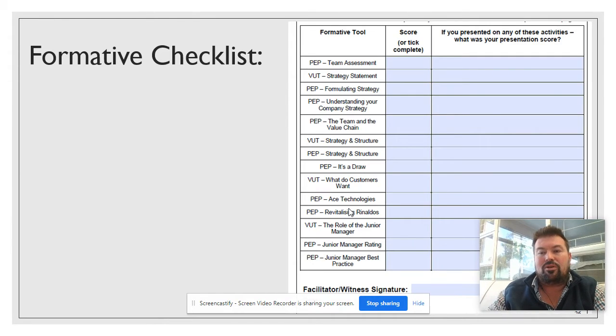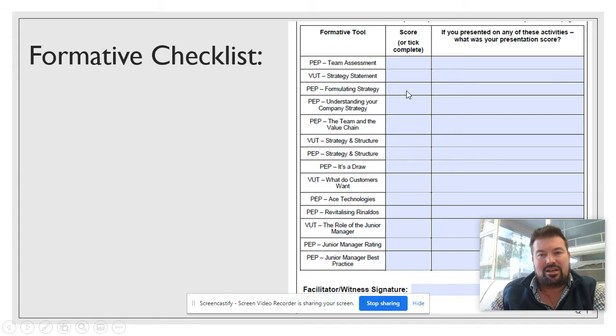Then we're going to look at all the formatives that we have done. Over here, right at the beginning, we did a team assessment. You would put in what is your benchmark. Right at the beginning, you did your PEP on a team assessment. What was your benchmark that you chose? Then your value test, you tell me how much you got for your value test. Then formulating strategy.